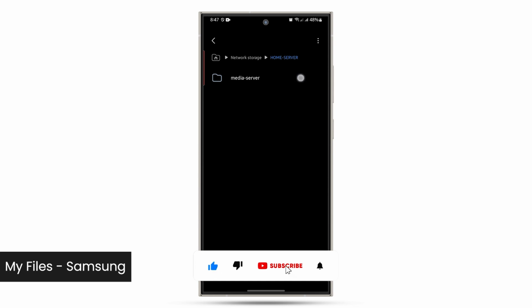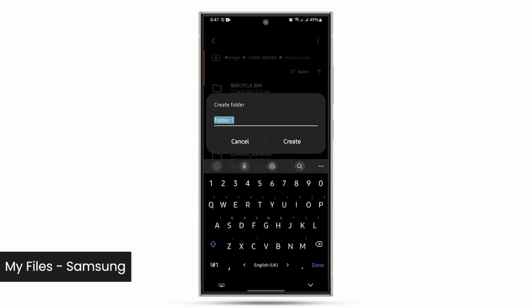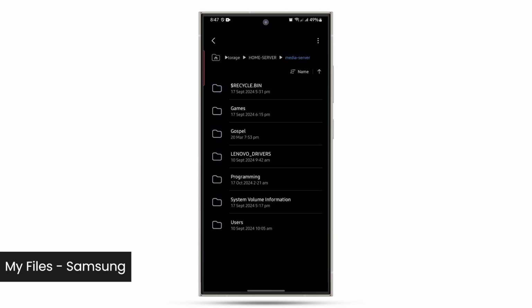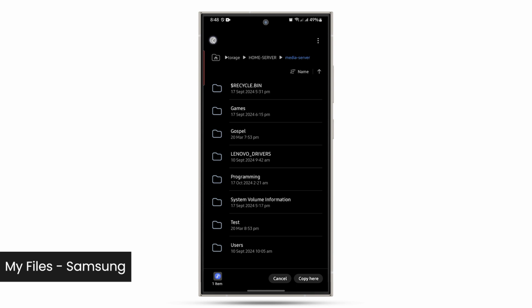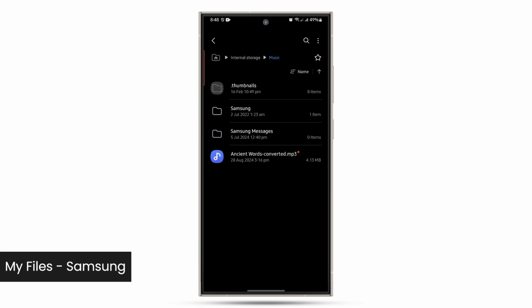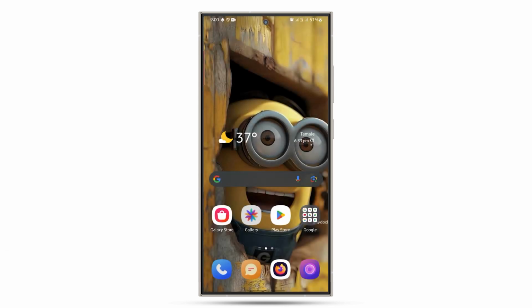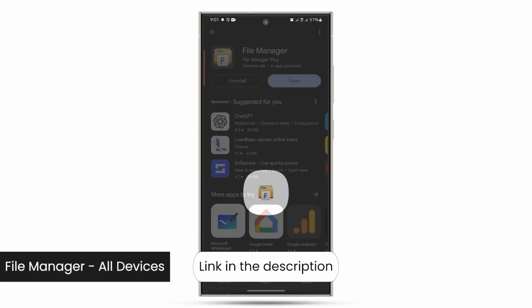Confirm that everything works fine. I'm going to create a new folder in the server and also copy a file from the server to my phone storage. Everything works smoothly. Another option for Android is using a third-party app called File Manager, which can be installed from